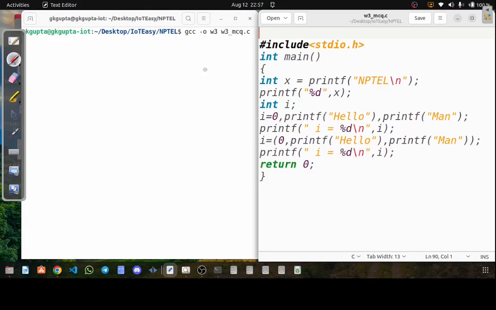Hello everyone. In this section we will be understanding the comma operator, and you all know this comma operator can be used in two ways. One way is as a syntax part. If you look at this printf function, in this function the comma operator is a part of syntax,